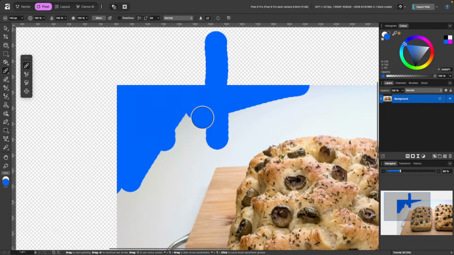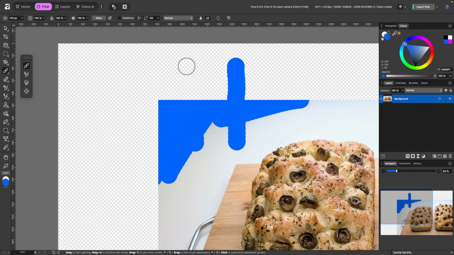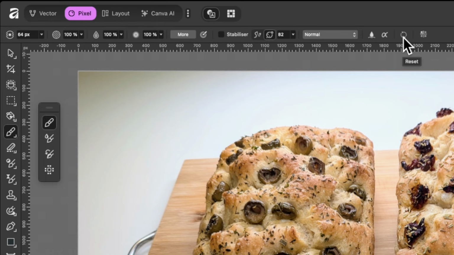And it would be more useful to you if you had, let's say, a circle, like an apple or an orange, and you had a transparent background and you were doing some shading on it. It would not go over into the transparent area. And the next option is Reset. Basically, if you click that, it will reset all the settings in your context toolbar. So I'm not going to select that.